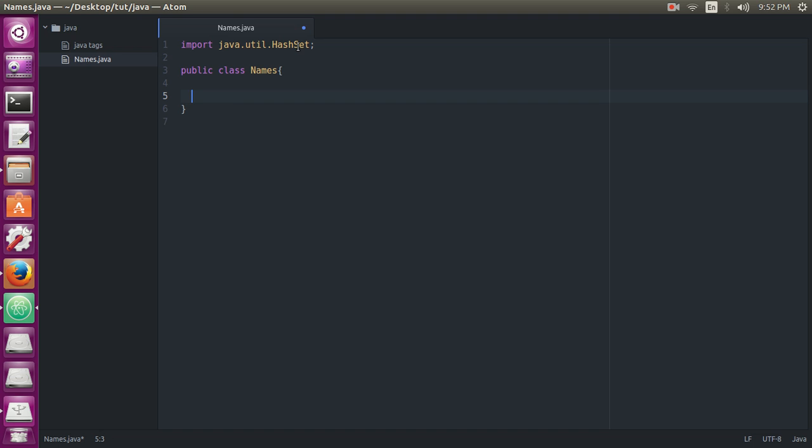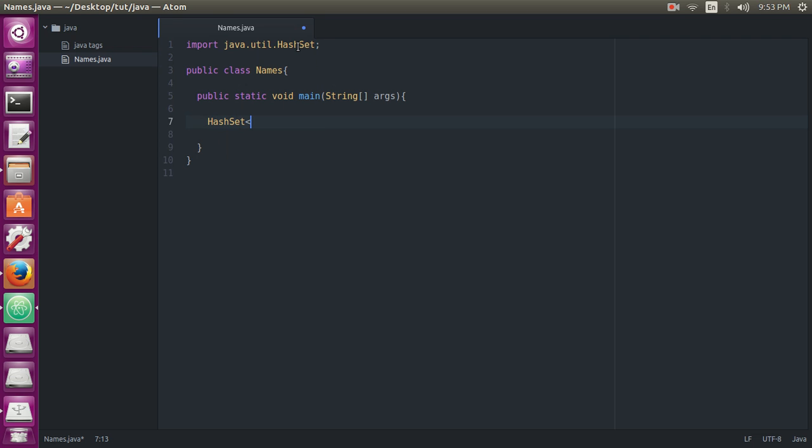Now we will define the main method inside which our main code lies. So we have defined our main function. Now we just need to define a HashSet object. Let's define it.